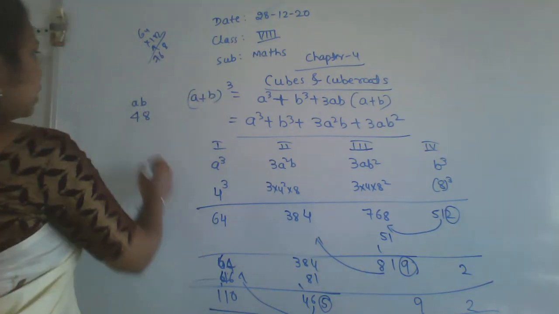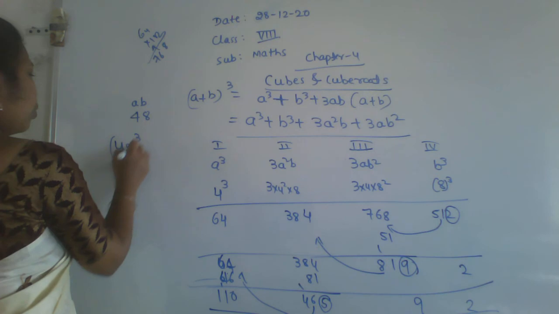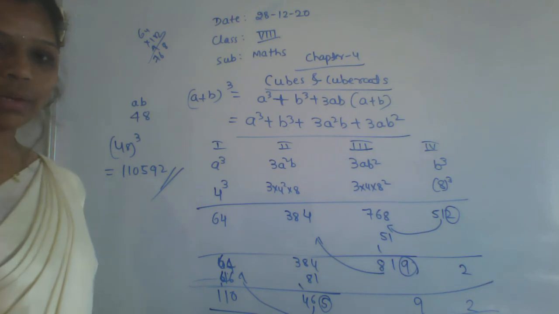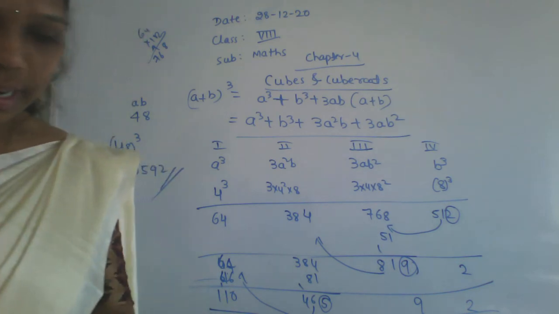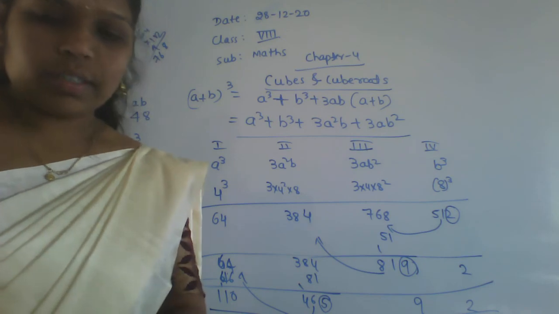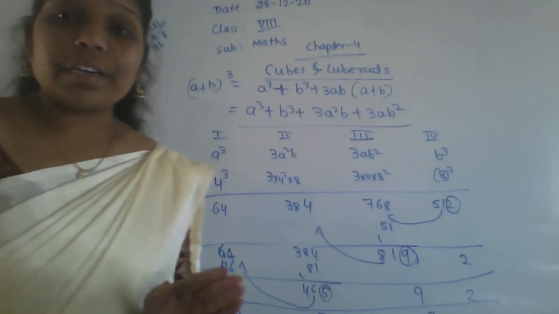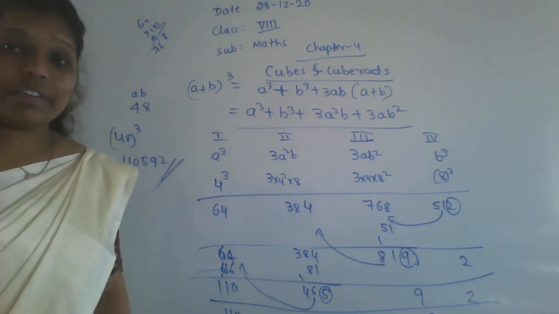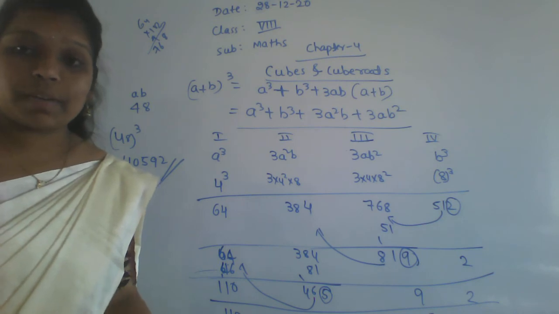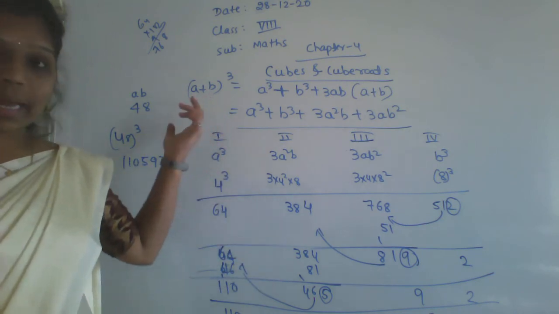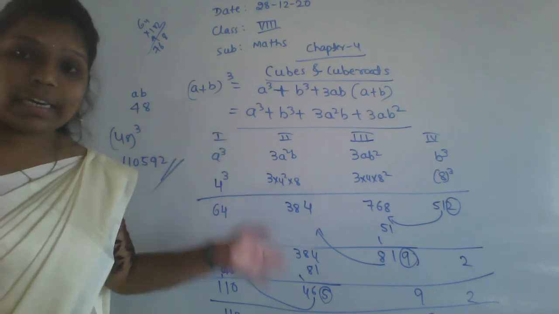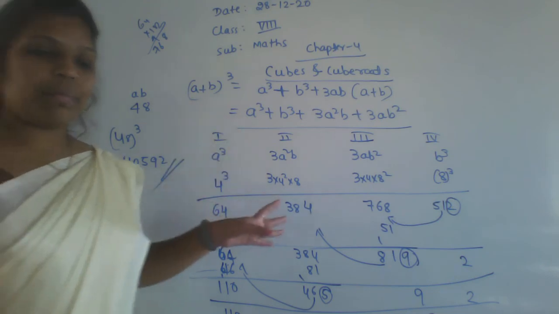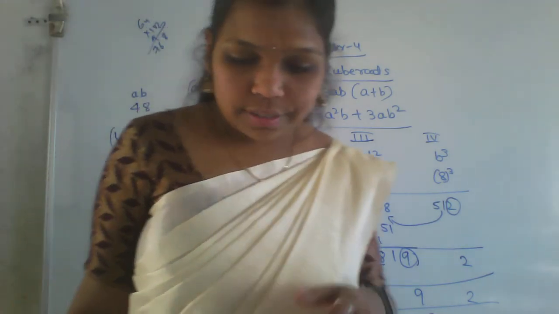Okay. So what is the cube of 48 here? Cube of 48 is 110592. This is the cube of this value. Okay, so like this we have to find. Similarly, to find the square of a number, we also did like this only. We used the formula a square plus 2ab plus b square, and here we are using the identity (a + b) whole cube. Okay, so similarly like a square number, they have given for a cube also. So properly observe and do this one.